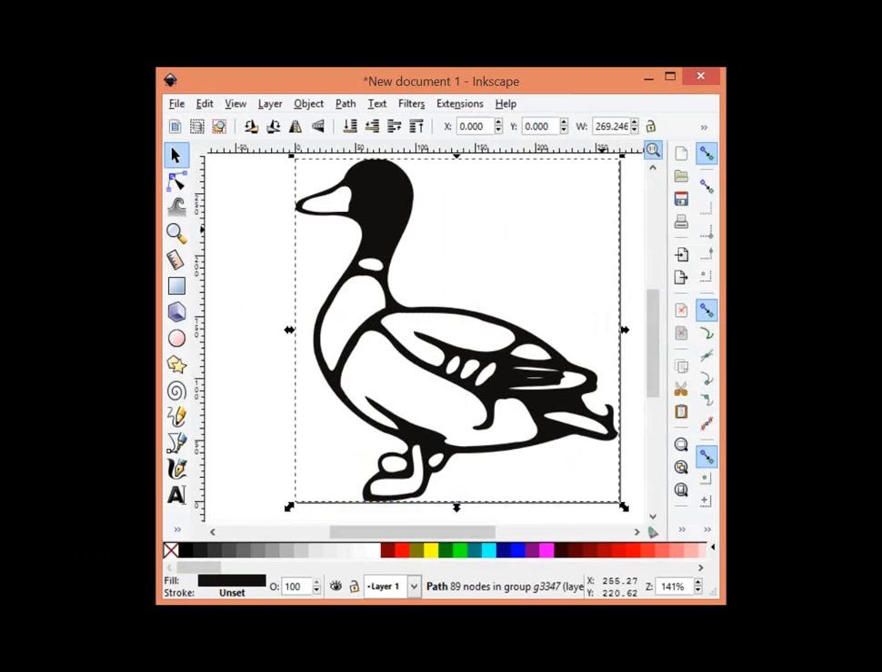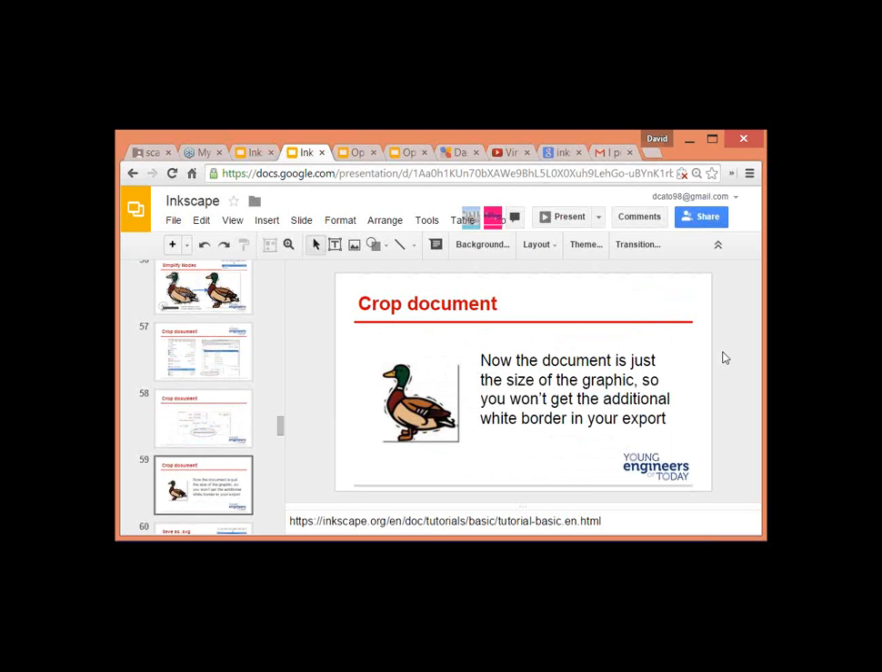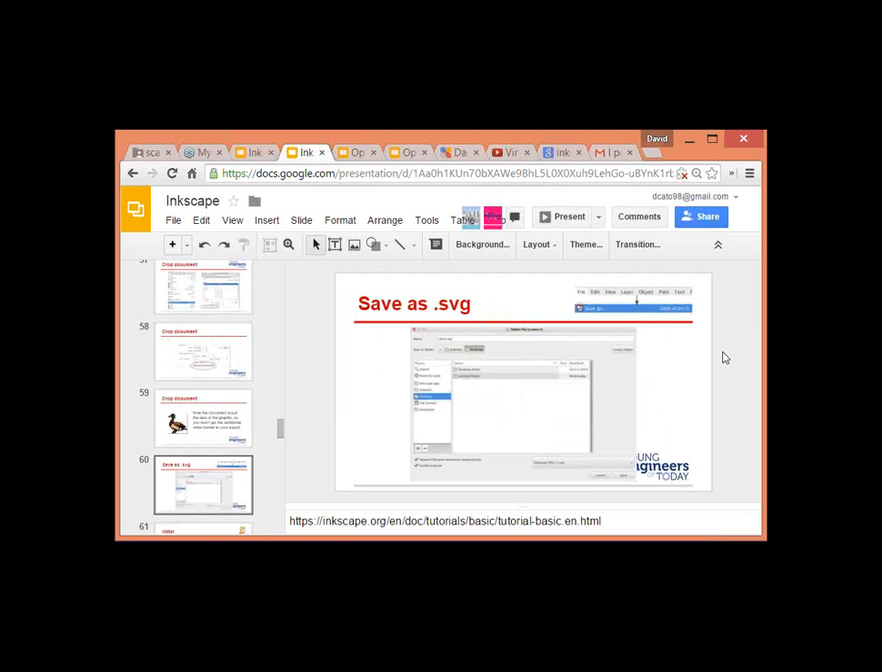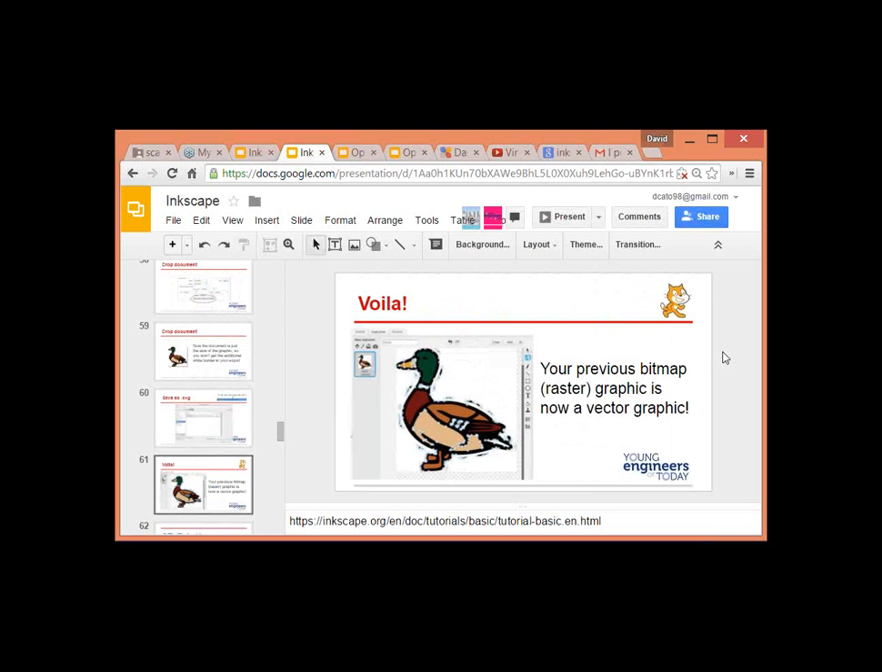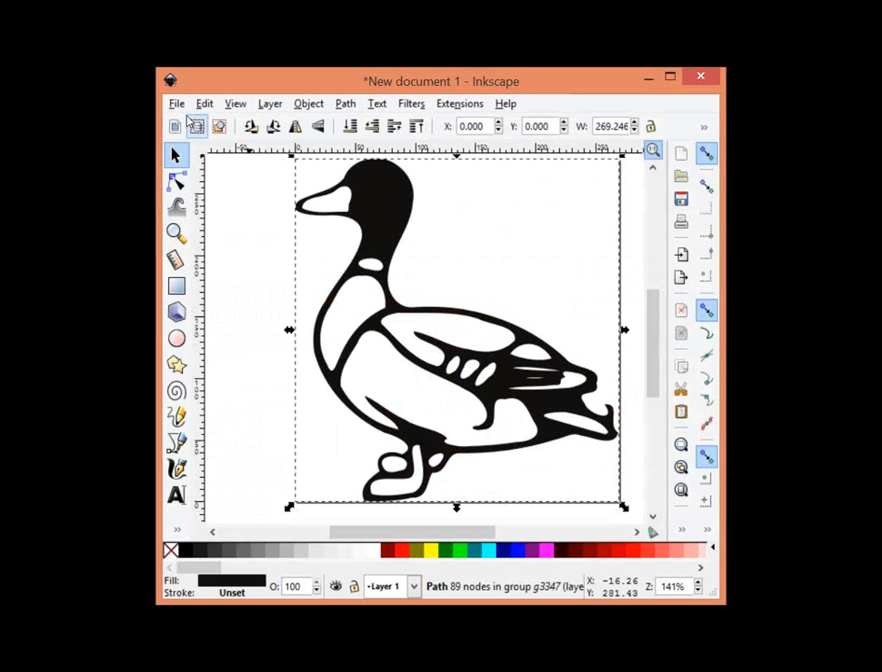So what's next? Well, let's go back to the slides just to make sure I haven't missed anything else. I think okay, we cropped the document. Now we won't get any extra white border in our export. Save as SVG. So this is pretty easy. Definitely we've gotten through the hardest part of figuring out which image we wanted to keep and which